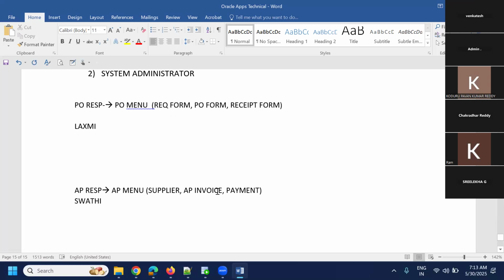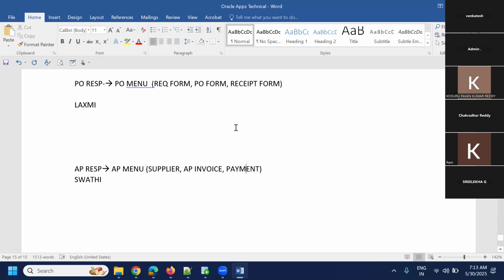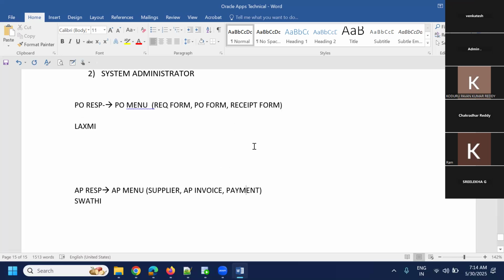As a developer, what should I do? I want to give the AP invoice form access to Lakshmi. What should I do? As a developer,